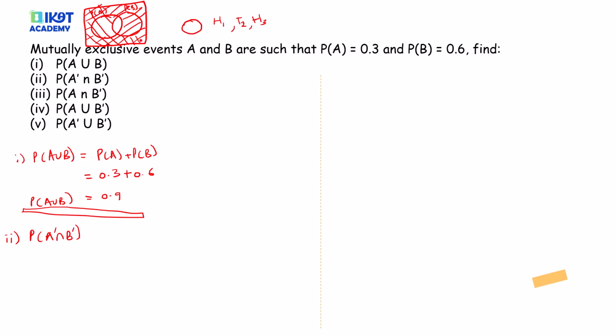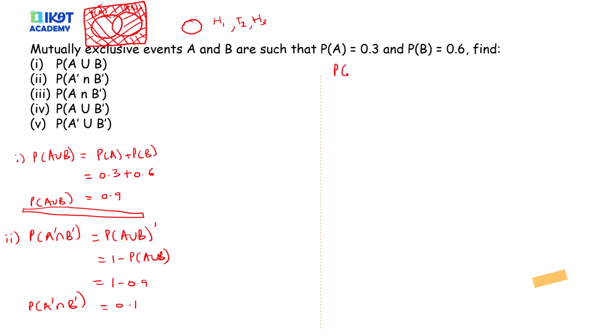Now, since the question wants the intersection where these two meet, and you can see they meet on the outside. So what does that mean? It's the same as the probability of A union B complement. It's the same as 1 minus the probability of A union B. 1 minus 0.9. Answer is 0.1. However, with enough practice, it actually becomes really obvious that this is equal to that. But it's still okay, for now you can always do it this way.